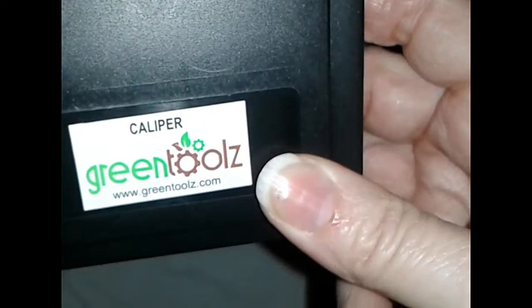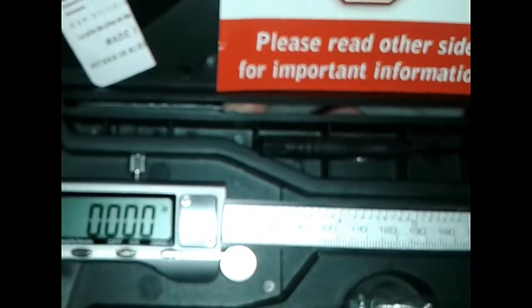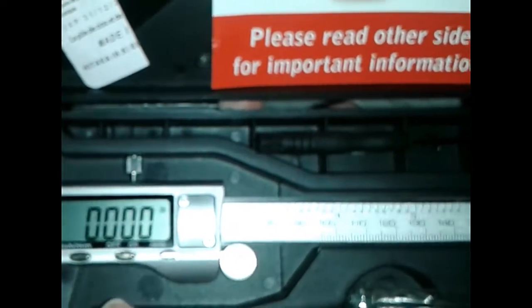Comes with its own little case. It shuts real nice. Right there it says Caliper, Green Tools, and I'm very impressed. As a machinist's sister, because my brother has a tool shop and my other brother works in a tool shop, and my daddy, I told you, was a machinist. Special trade. But if you're not a machinist and you need this for other reasons, this is the one to buy. It's really quality. And this is by Green